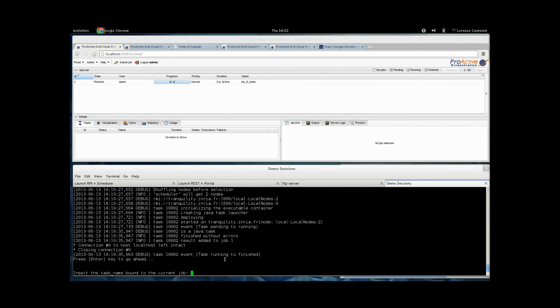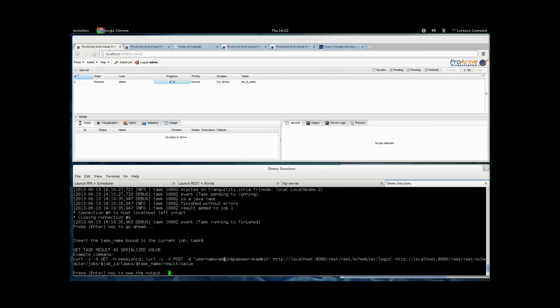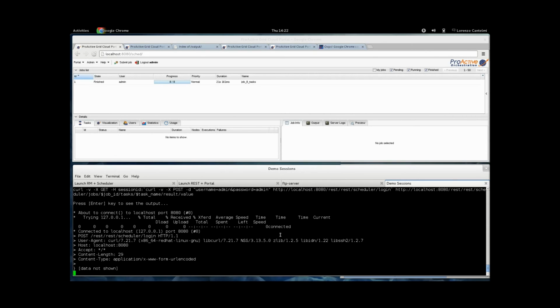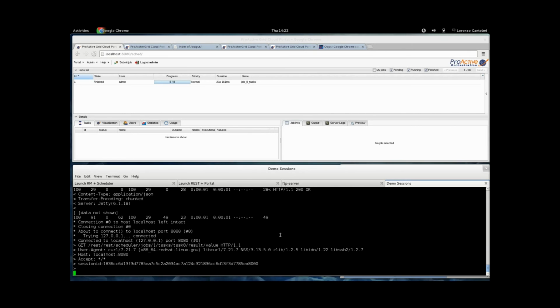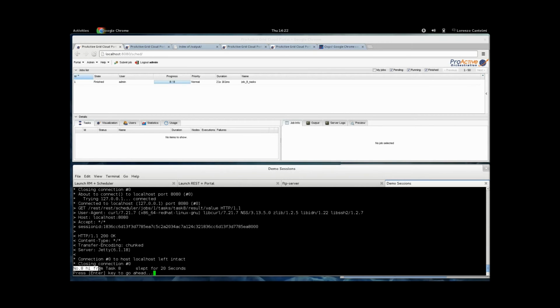We go ahead. We want to retrieve some information related to a task on the previous job. We would like to get the serialized value. Here we see that this is a simple string printed from the task execution. If you check the job, you understand that it is a really simple job. Later we will see a more interesting usage